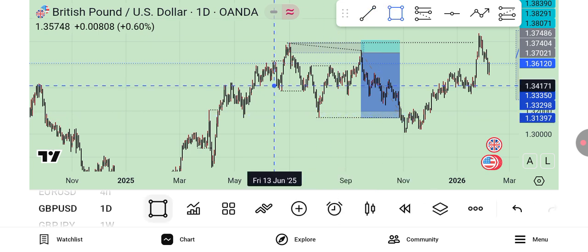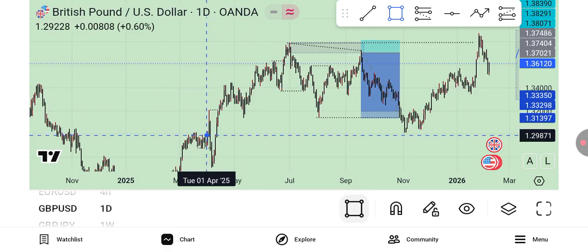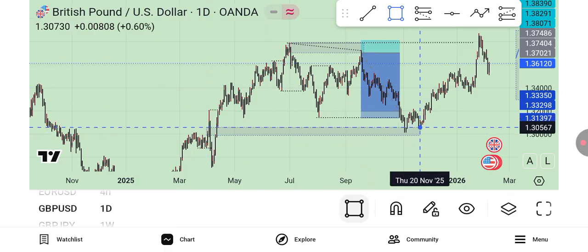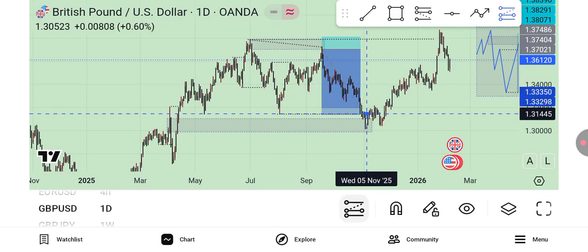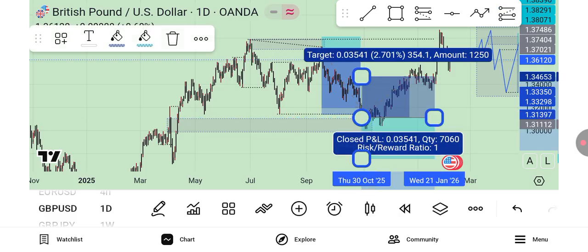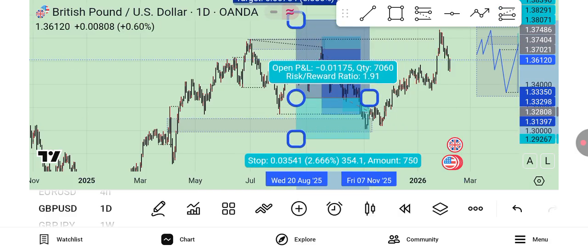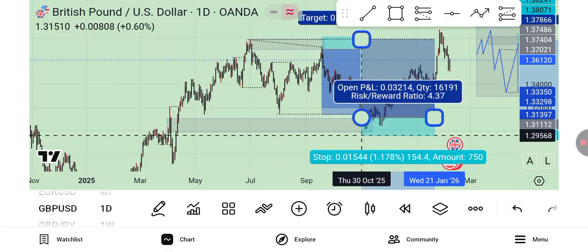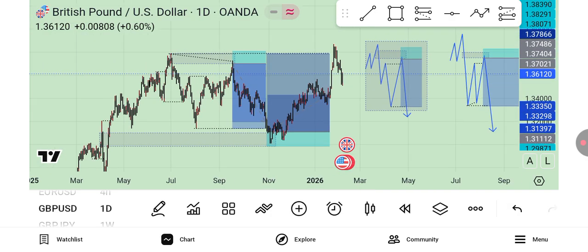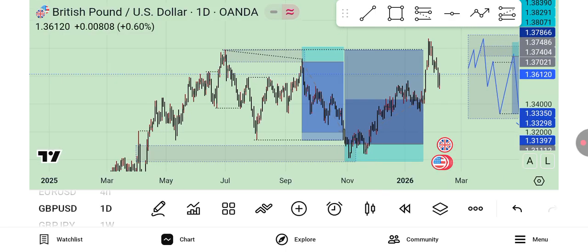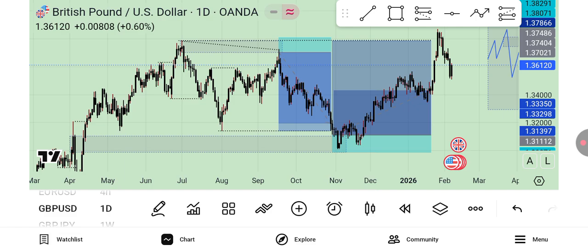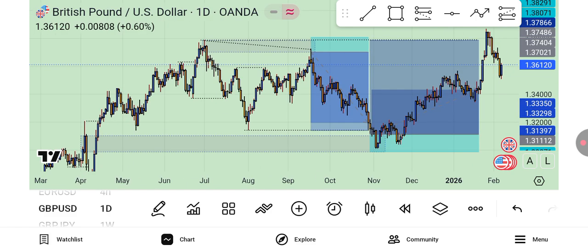So I will look for entry here because I don't have much time. I have to be somewhere now. So it should be here. And after that, you look for entry here. And our target will be there. You see? Look at it with this second one. It looks alike. But I think I will stop here and come back for a better explanation. I will try to show you how I look at the market and you see how the market actually goes. This is a very simple approach to how you see the market.